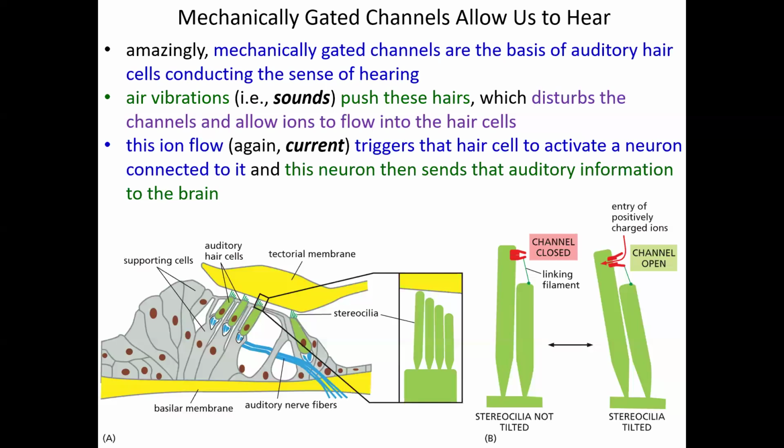That neuron fires as a result of those ions coming in, and that firing of the neuron sends that signal, that message, that auditory information to the brain, and then the brain processes it and tells us what we've just heard. So as you're listening to my voice now, what's actually happening is that